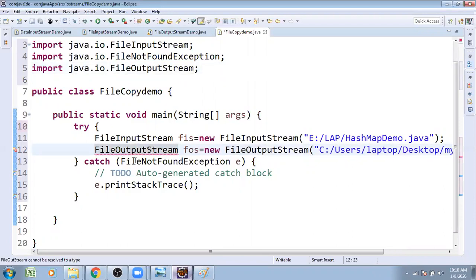Now, we want to concentrate on output stream, FileOutputStream. What I wanted to do, first I wanted to read the whole data of that file.